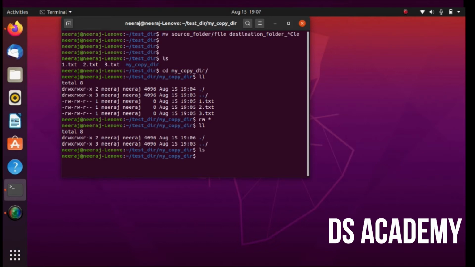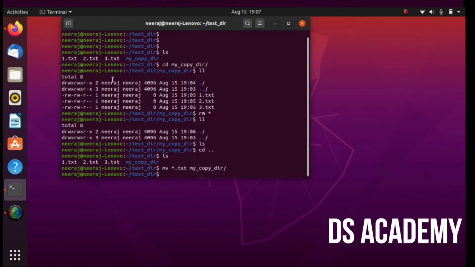So now there is no directory, no file. Now what I want to do is I want to move all the, let's go to the parent directory first. Now I want to move all the files to my directory.